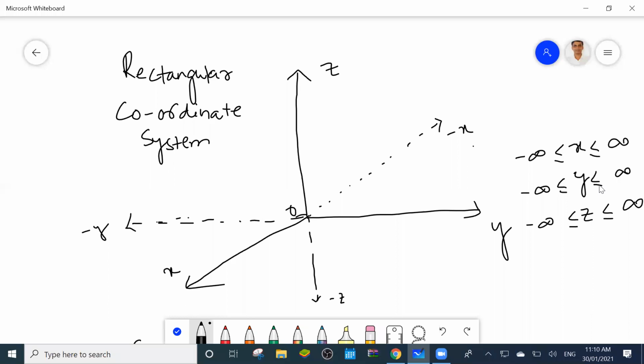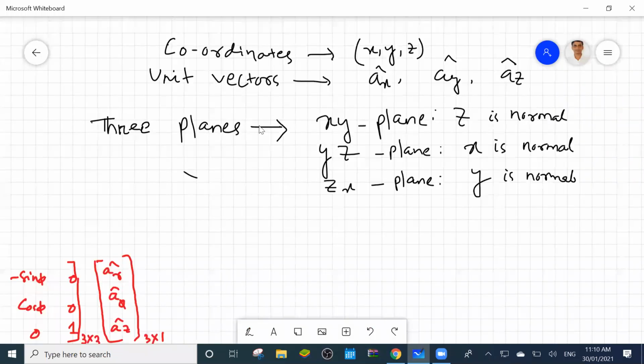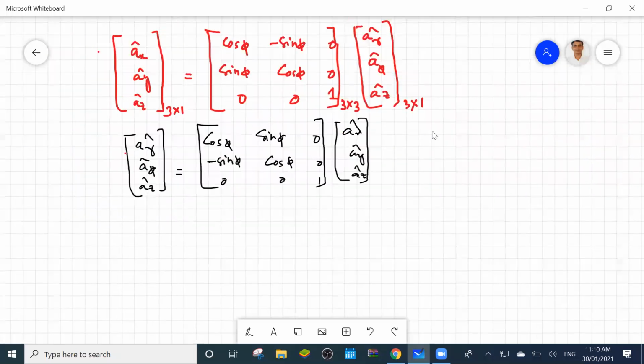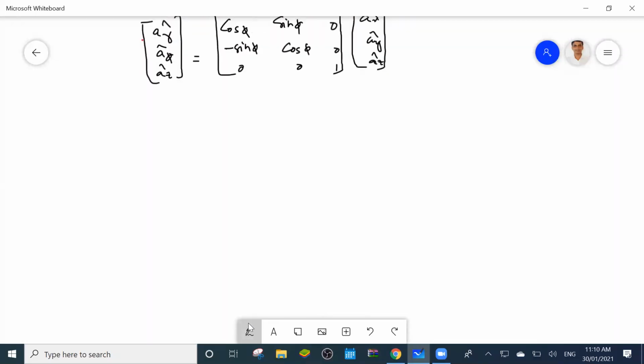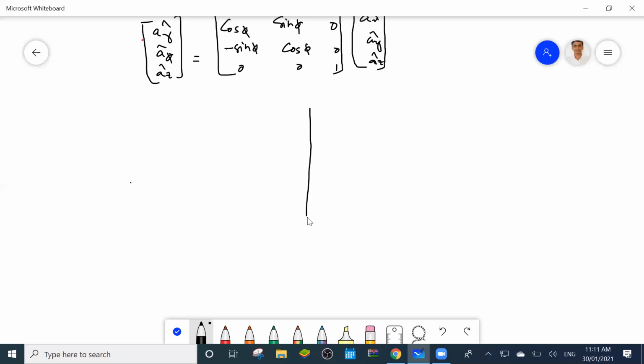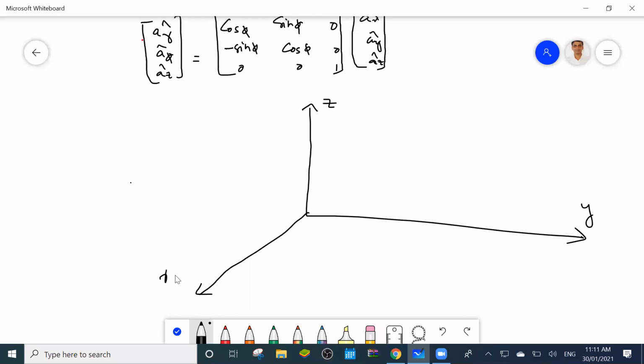Okay. Now, suppose you have to find out. This is the conversion part that we discussed in the last class. Suppose I have to consider one plane. This is the point understanding. So keep in your mind at least how to find out the distance, how to find out the vector. So this is suppose Z, this is suppose Y, this is suppose X. Okay. So suppose here is one point A.